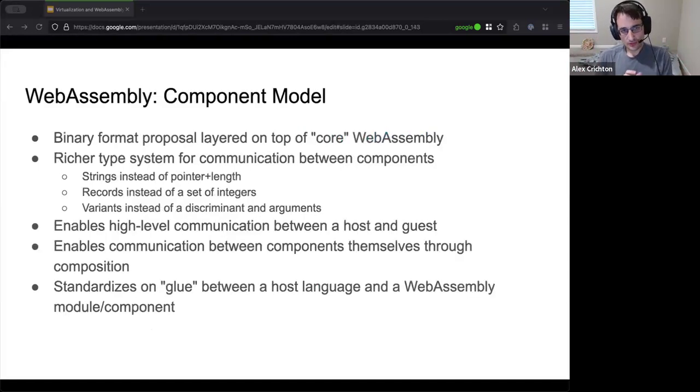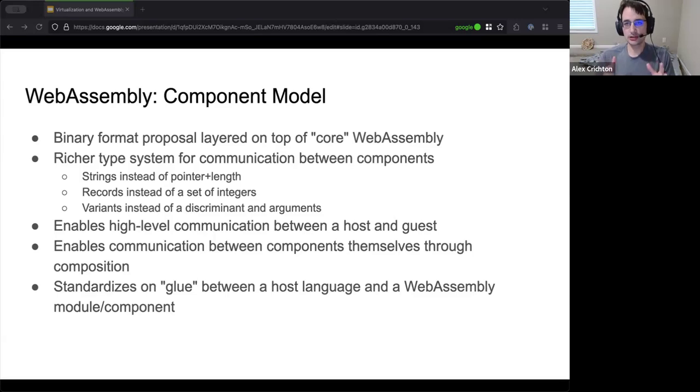Now, I will go a little bit into the component model at a high level, where the idea is that this is a layered thing around core WebAssembly, what we're calling. What we saw earlier was this core WebAssembly module, and the component model wraps this. Where I was saying in WebAssembly you only have I32 and I64, the component model gives you a much richer set of types to work with. So you get strings and records and variants and enums and all these fun things, which is much closer to an IDL like Thrift or Protobuf, things like that.